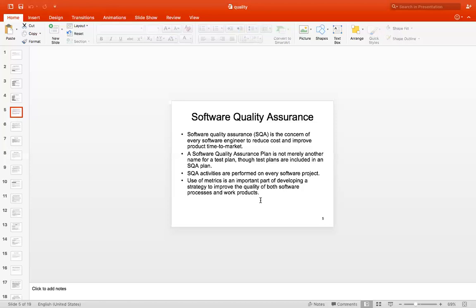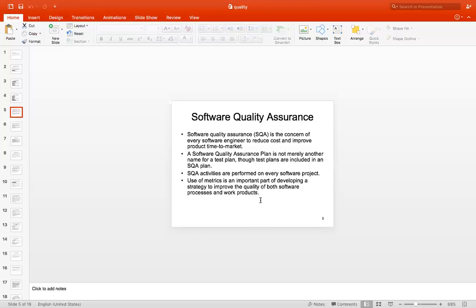We should have one or the other metric, one or the other measurement, to say that we are doing a good job. Without having any measurement or any base, how can we say that we are doing a good job? We need something to compare with. If we are able to meet that metric, then we say that we are doing this correctly. So we need to use metrics as an important part in achieving software quality.